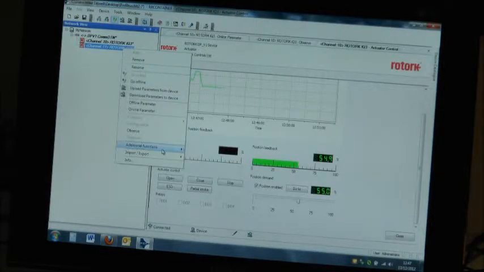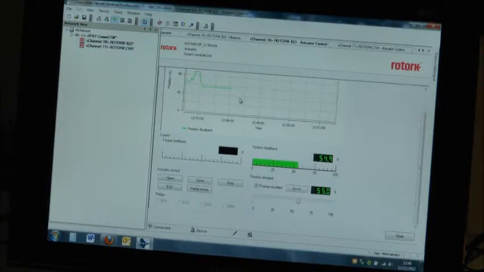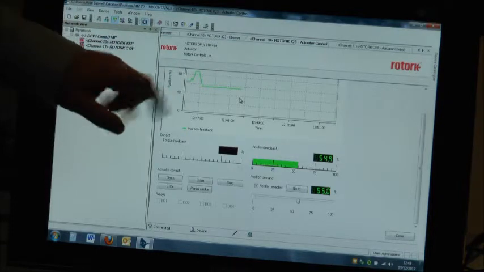I can open the control page. So sending it open, closed. If I go to this one, so here we don't see any torque actually connected to it, but if there was a valve connected to it, for something like a butterfly valve, you might see a higher torque as it seals, and then a high torque as it unseals, and a lower torque as it opens the rest of its travel. And you'd be able to see that fed back here when the position reaches zero, the torque goes and